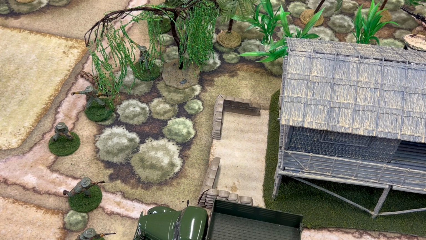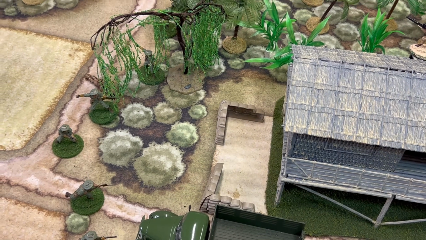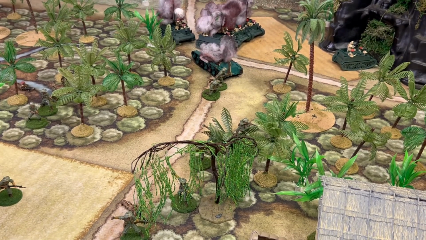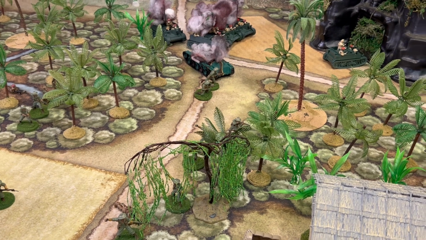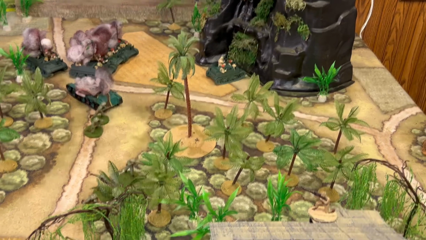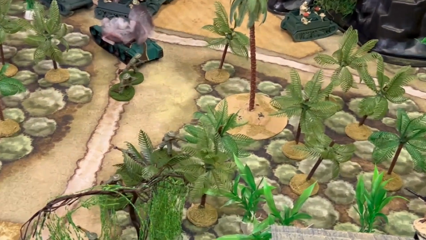Now I still have a sniper up there. Now my heavy machine gun, it moves so it can't fire. It's out of range for the Tommy guns. So the sniper is still there and there's nothing I can really do about it. Well, wait. I have